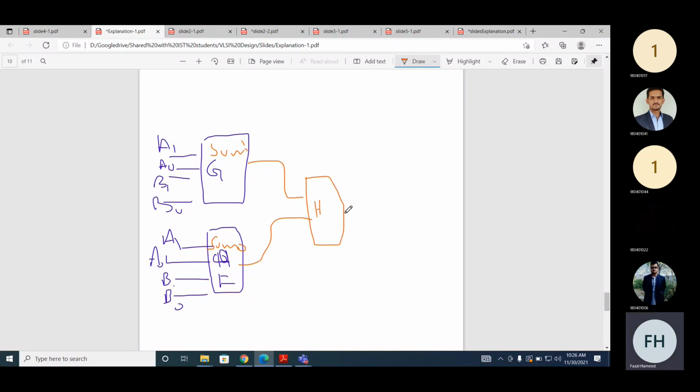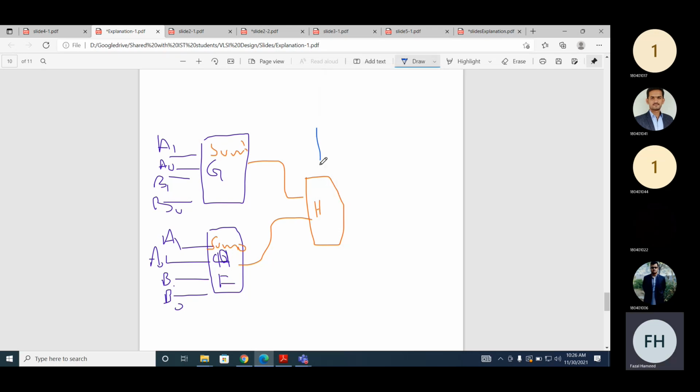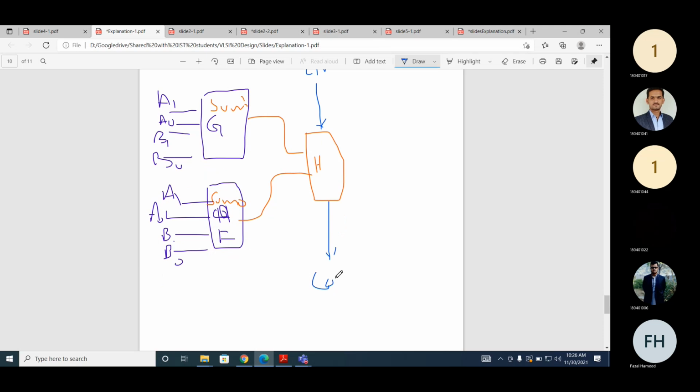This G function will go to the H function generator. And with this H function generator, something is coming from above. What is that? Cin. And what will be its output? Cout. And Cout will go to another CLB.